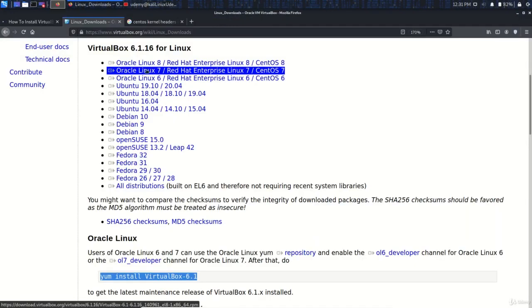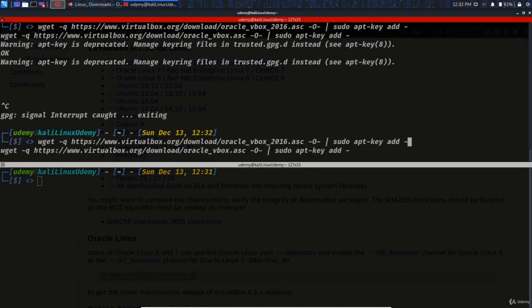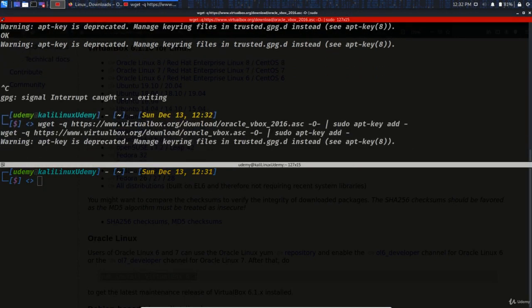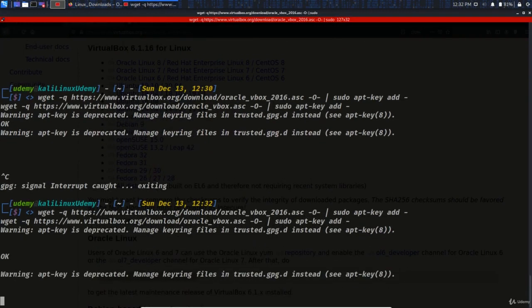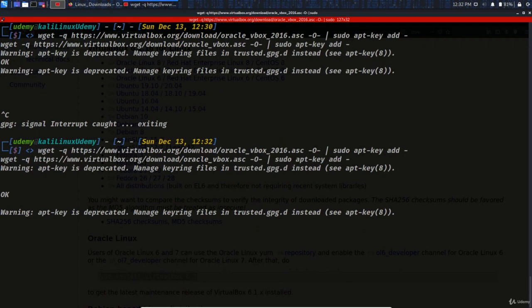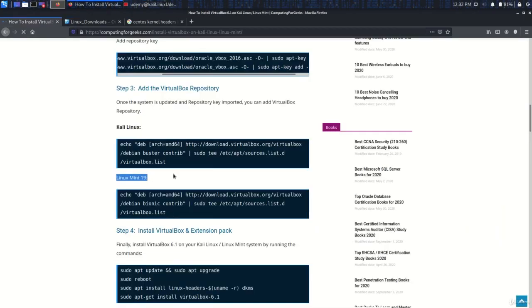And for example, if you are on CentOS, you can get this RPM package and run rpm -i and the name of the package .rpm. So you see, the installation is relatively simple. We have a problem here. We didn't get both keys here. One of the keys is retrieved, the other has not. Yeah, it is okay. So let's move forward to the next